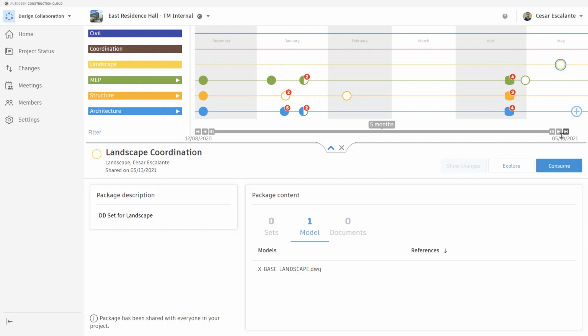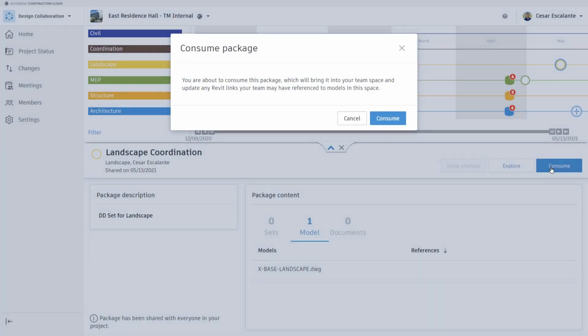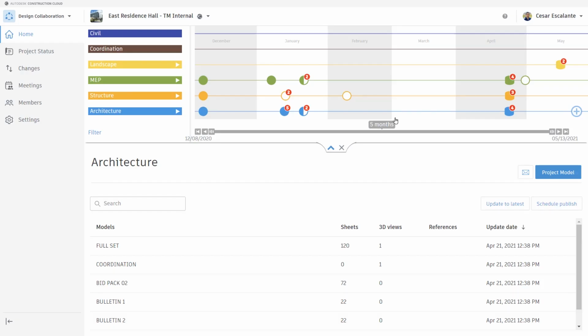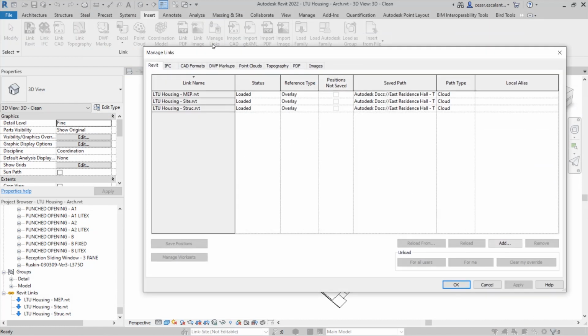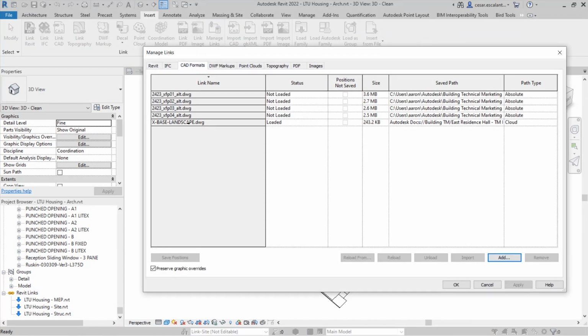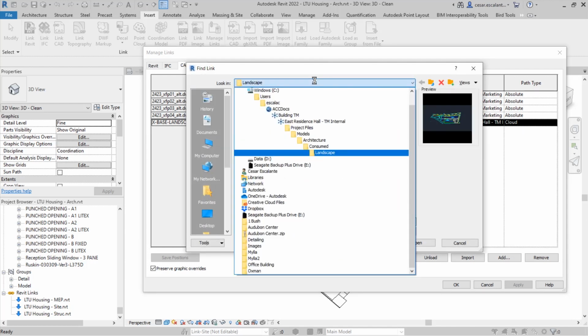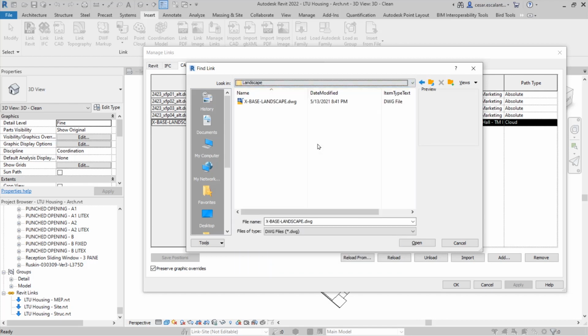This process is repeated at established intervals in the design process. And in this case, all you need to do to see the changes is to refresh the link in Revit to understand the latest changes. You can also open the file and the file will be refreshed.